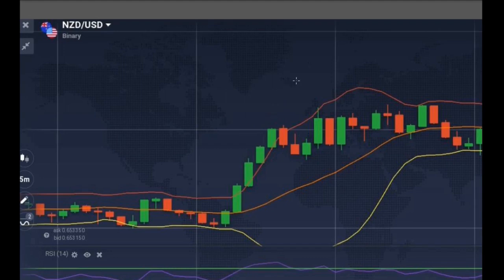Okay, so let's go straight to the pattern. So the Amster pattern utilizes the relative strength index, the Bollinger Band, and the candlesticks. Okay, so what you're looking for is a time when, and by the way, this is the 5 minutes